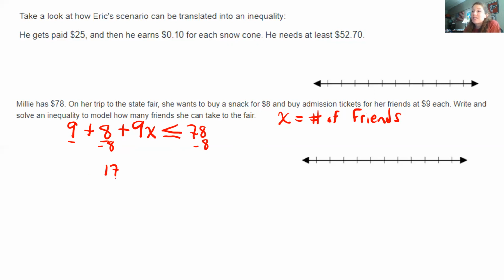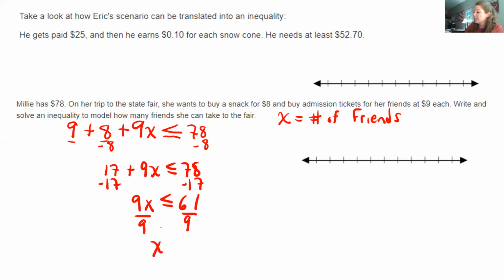So she's going to spend $17 on her own ticket and her snack. Plus, now she can bring some more friends in, right? Does that make sense? I don't want to make it too technical, but that would make sense. She has to get in herself, or maybe she already had a ticket. Let's say she didn't and she needs to buy herself a ticket and a snack, and now we can see how many friends she can get in. So we're going to subtract her ticket and her snack from how much money she had. That leaves $61. And now, if she's buying tickets that are $9 each, well, 61 divided by 9 is